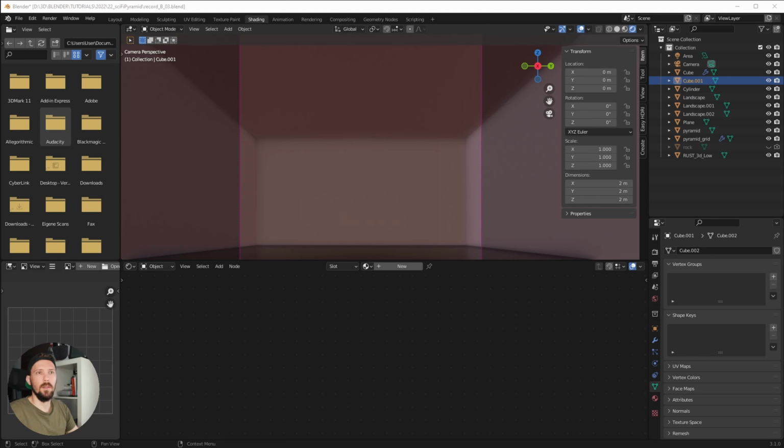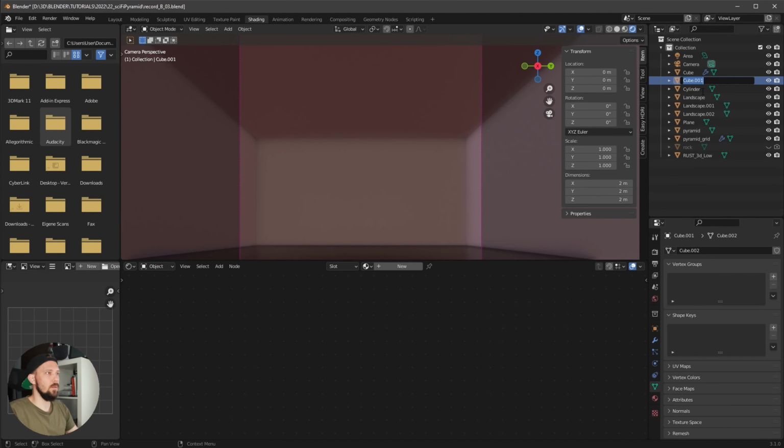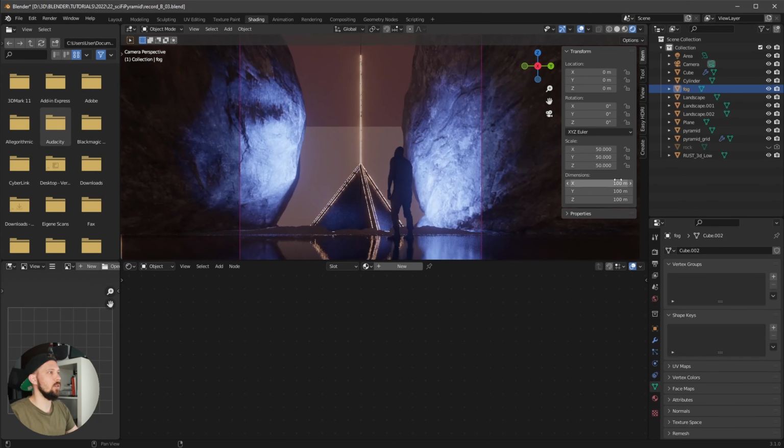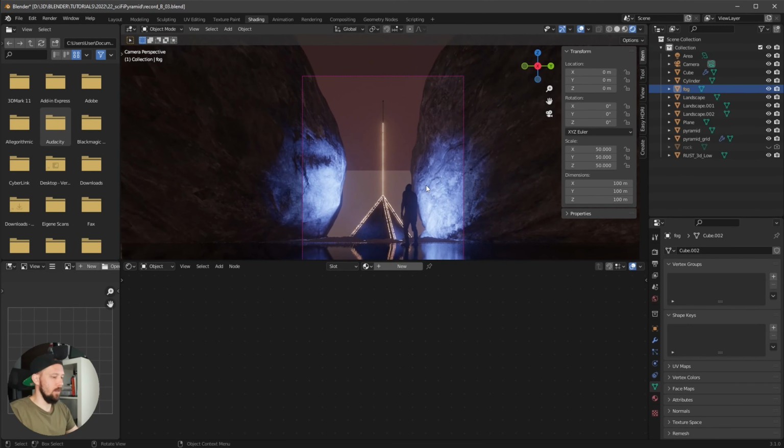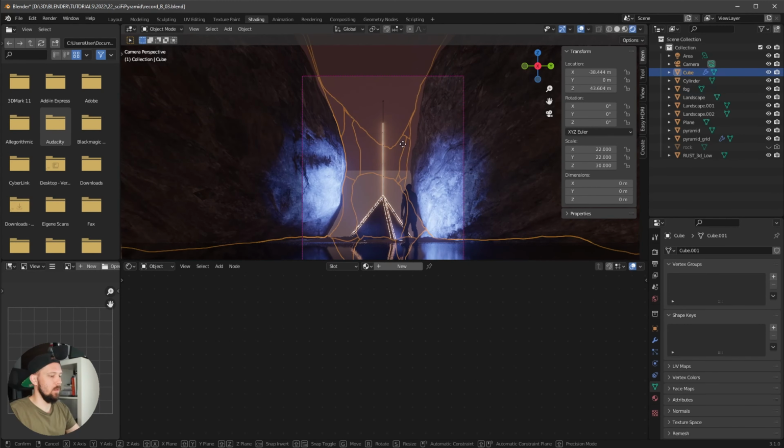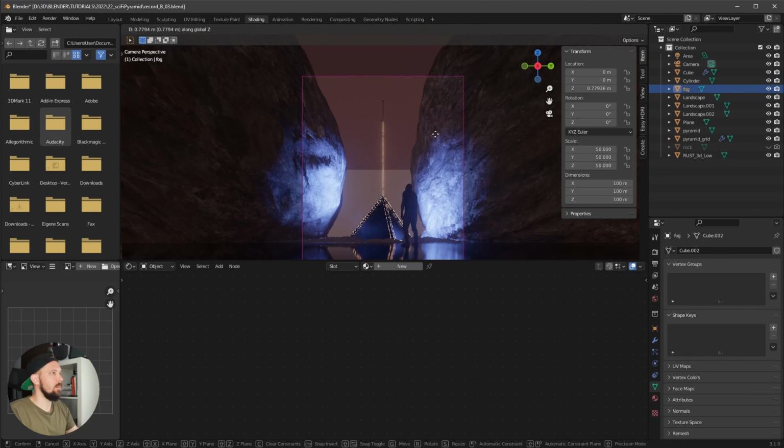So we can adjust these lights a little bit better. So let's rename this one here to fog, and I want to change the dimensions to 100 in everything. So let's put this one a little bit, no, sorry, let's put this one a little bit up here to maybe